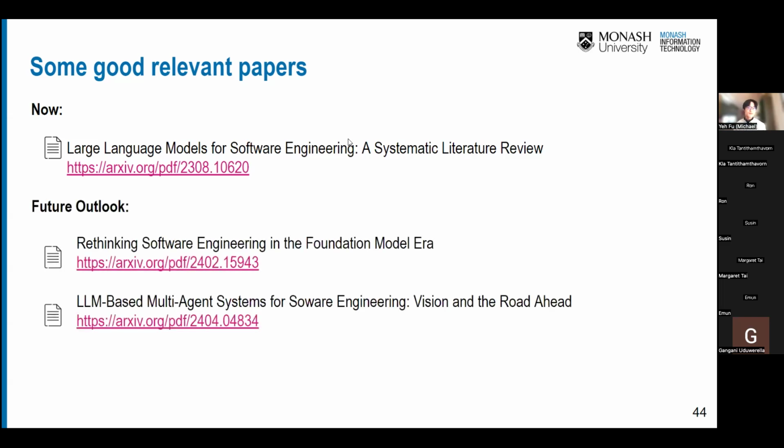There are also some future outlook papers that you might be interested in. The first one is Rethinking Software Engineering in the Foundation Model Era. The second one is LLM-based Multi-Agent Systems for Software Engineering: Vision and the Road Ahead. The reason we have these papers is that right now we have AI models, so the way we do software engineering would be totally different compared with 10 or 20 years ago.